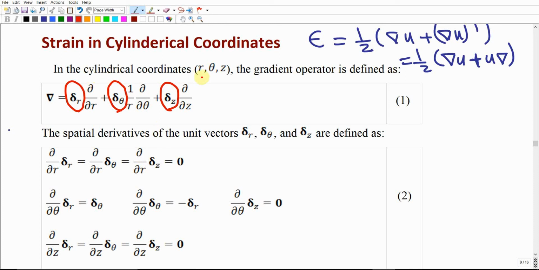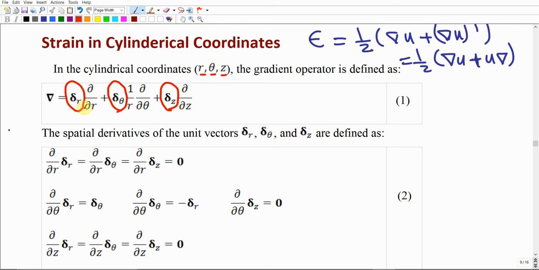So in the cylindrical coordinates, we are working in r, theta, and z. For the gradient operator, there is some derivation for this form, but I won't ask you to do it, or you can read about it. I can even give you material if you are interested to know the origin of this expression. From where did we get it? Anyway, there is ∂/∂r,